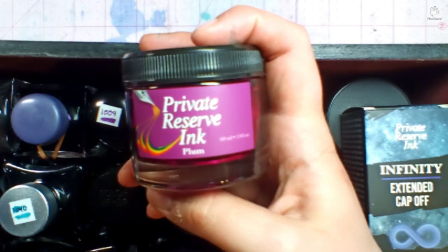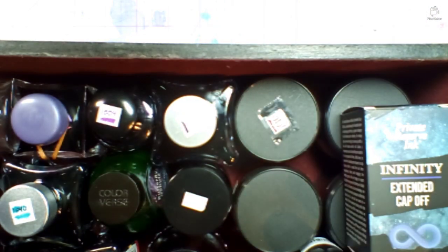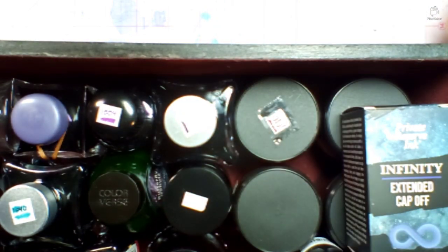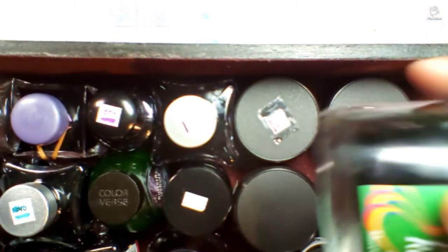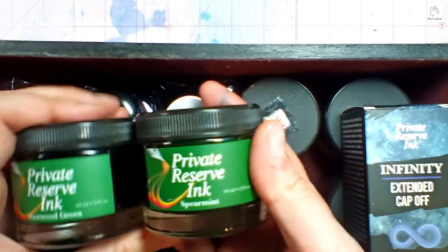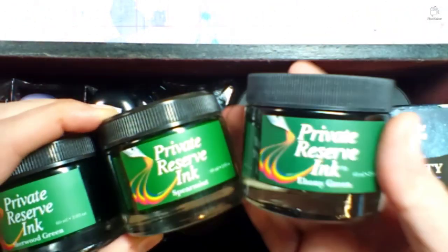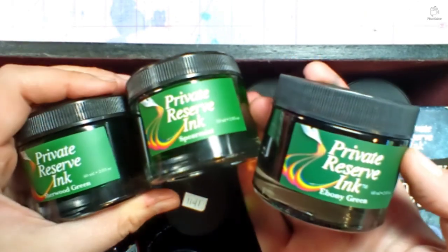If I'm going with a rainbow, I would pick a green. Otherwise, I might pick this. Okay, so if I'm going with a green, I've got a couple really nice Private Reserve greens. I've got Sherwood Green, Spearmint. I don't think I've used the Spearmint yet. I think I just found it on clearance and picked it up. And Ebony Green. I love Ebony Green, but since it is